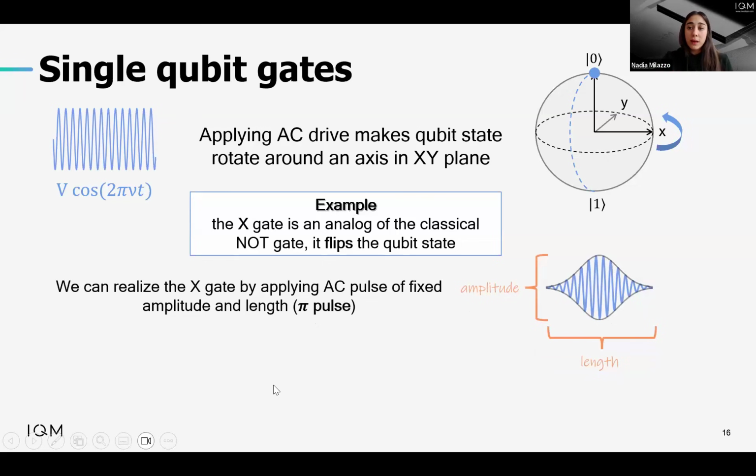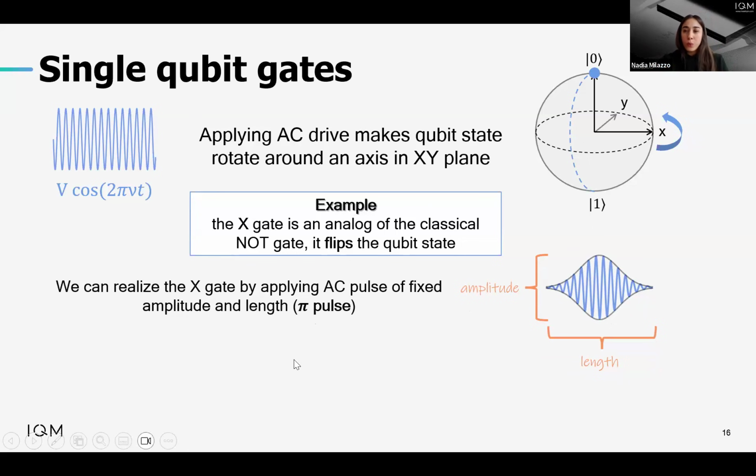We know that it means to apply a microwave pulse that interacts with our qubit. But this pulse has to have a definite amplitude and also a definite length in time. It doesn't last forever. So if we manage to find the right amplitude and length,